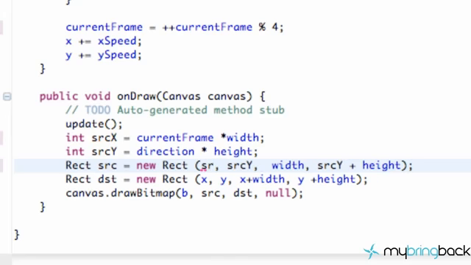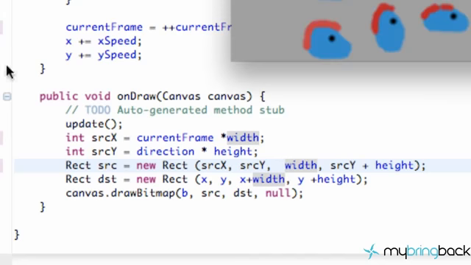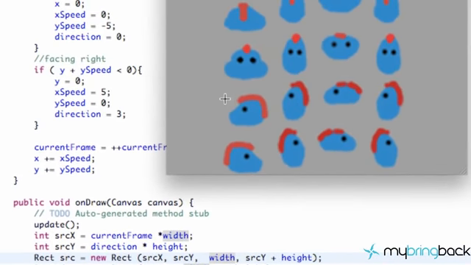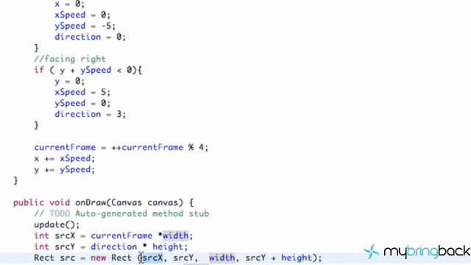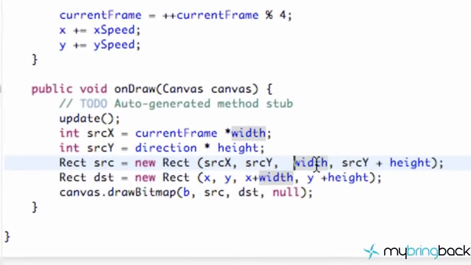So we're going to start at the source x, which is the starting point within our sprite sheet. It could be here, and then we're just going to go over for the width, or it could even be here, and then we go over the width as well. So our starting position is here, and then how far over we go is from our starting position plus the width of the bitmap, or how much we want to cut out. So now when we save it and run it,